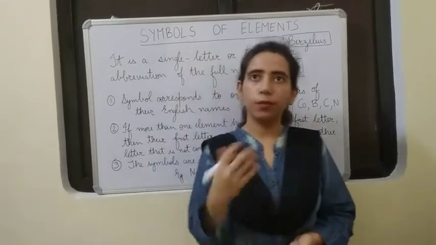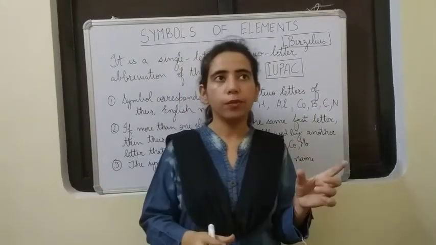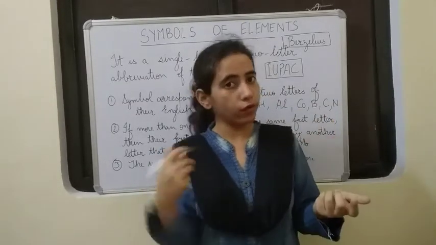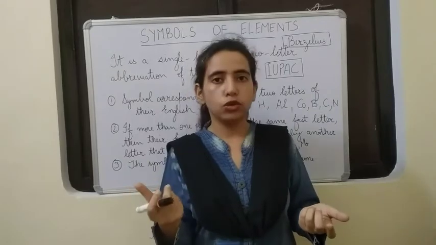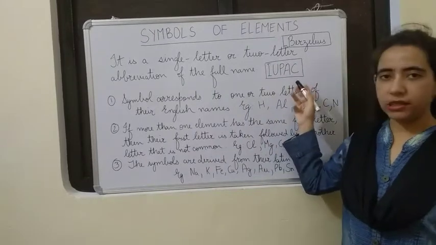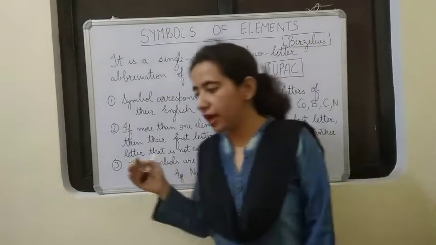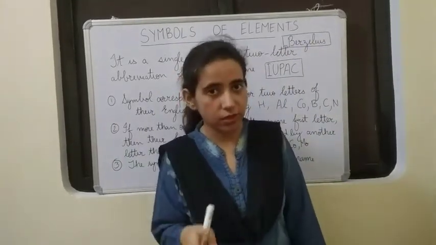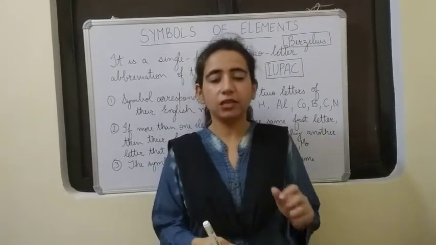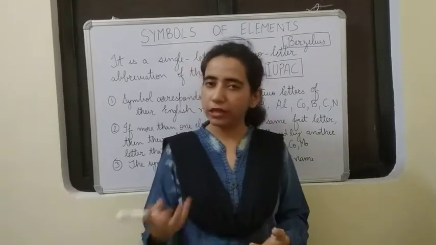From that we can give the symbol for the element. But later it was a problem because so many elements can have the same symbol, like carbon and cobalt. You see, both begin with C. If you are taking C for carbon, then what are we going to take for cobalt? So after that, one very important organization, IUPAC, International Union for Pure and Applied Chemistry, which takes all the major decisions for chemistry, told that it is going to give some guidelines, some rules, on how to give the names to the elements. Okay, so let us see the guidelines.